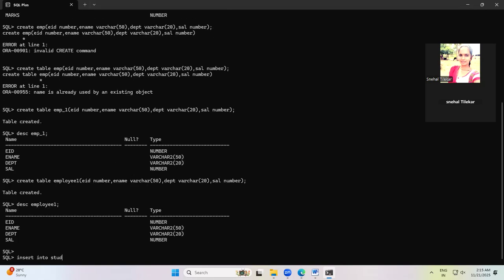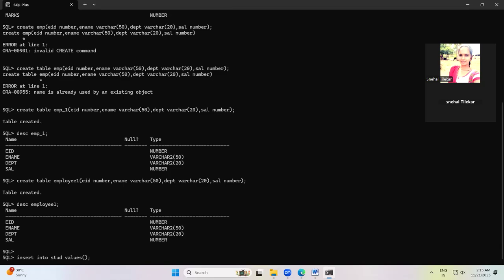So insert into stud, then values. If you know the attributes or columns of your table, then you can directly use values. If you don't have an idea about the table, or the columns are large in number, then you can mention the column names here as well. But let's see without using column names, we will use the keyword values,